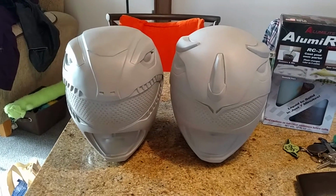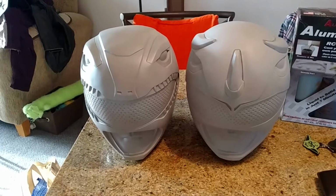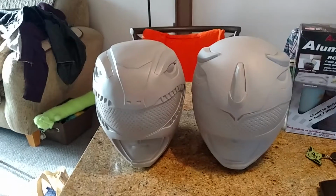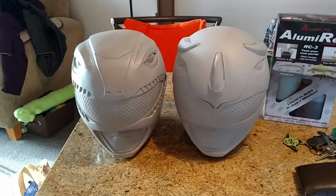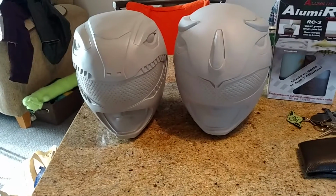It's been quite a while since I made a video, and the weather's getting a lot better, so I'm going to start working on these again. Right now, I'm working on Mighty Morphin Red, Blue, Pink, Black, and White. I haven't made any videos of the other helmets, but